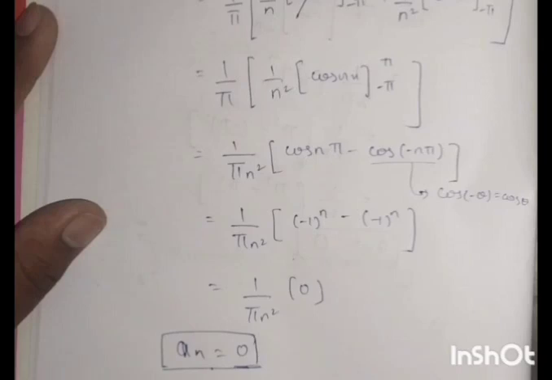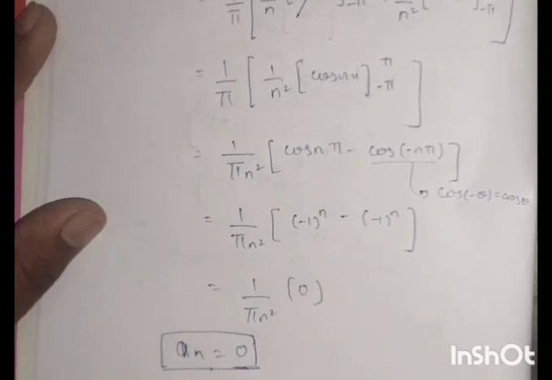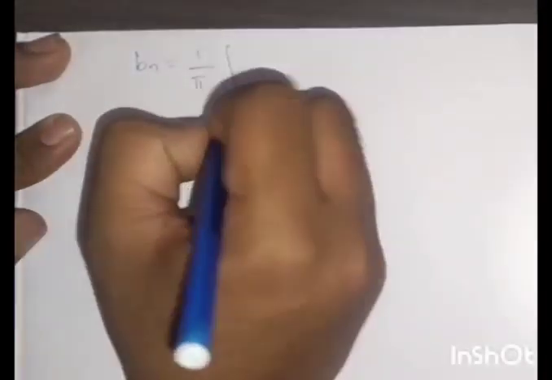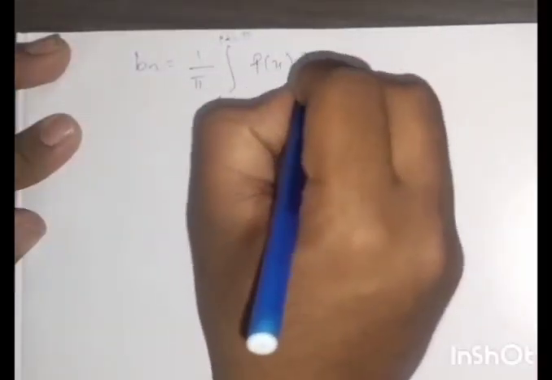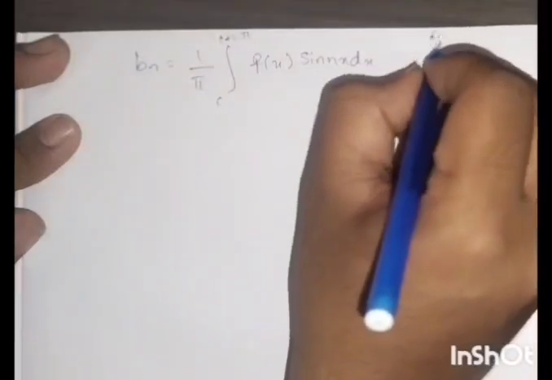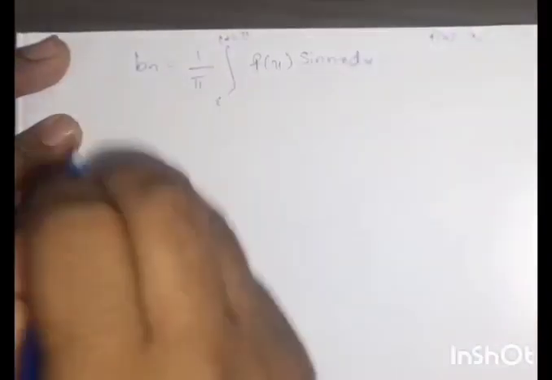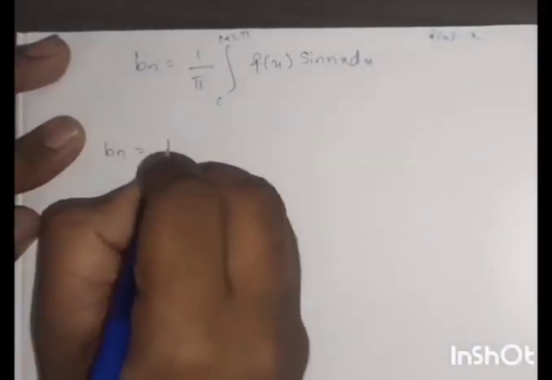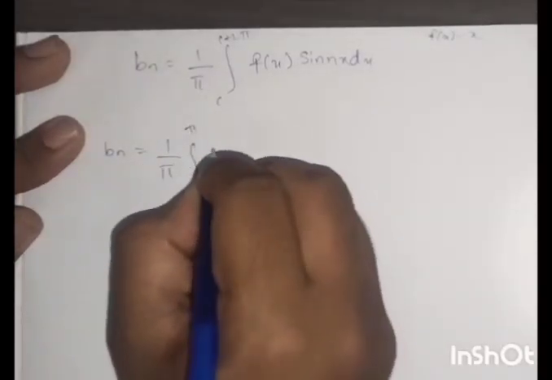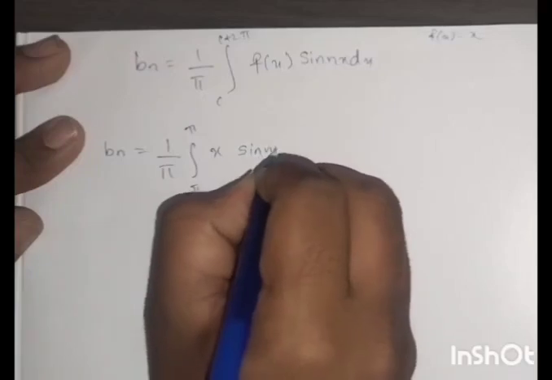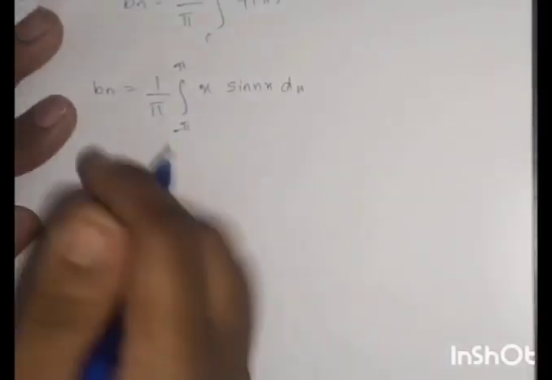Now we will find bn. To find bn also we already know the formula: 1 by pi, c to c plus 2 pi, f of x sin nx dx. Here f of x, as per the problem statement, is x. So bn is equal to 1 by pi, limits are minus pi to pi, f of x is x, sin nx as it is. So these types of integration we can